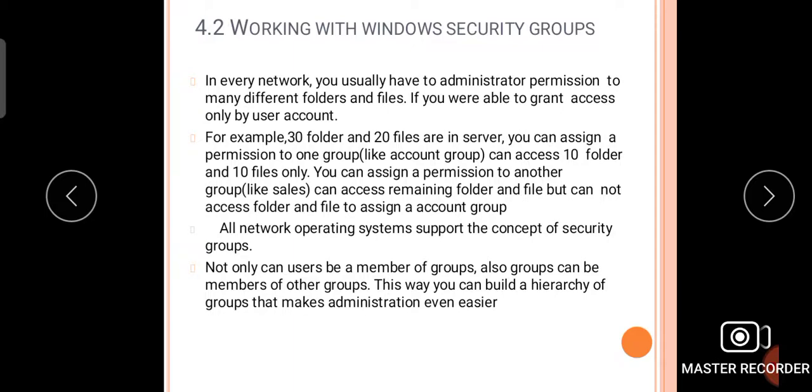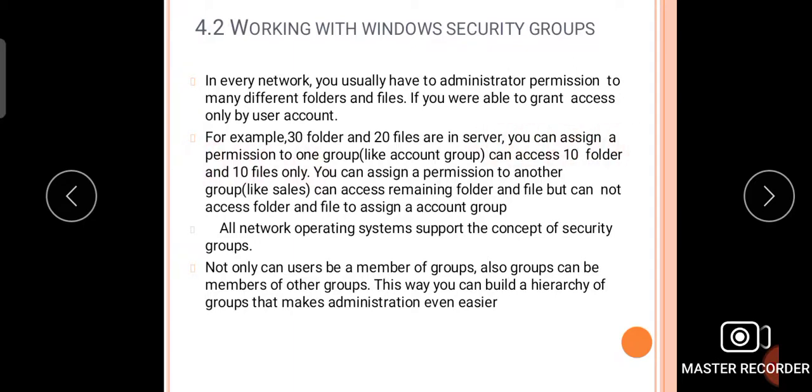In every network, you usually have to administer permissions to many different folders and files. If you were able to grant permission access only by user account, let's understand using an example. Here, for example, there are 30 folders and 20 files on a server, and you can assign permission to one group, like the accounts group, which can access 10 folders and 10 files only.